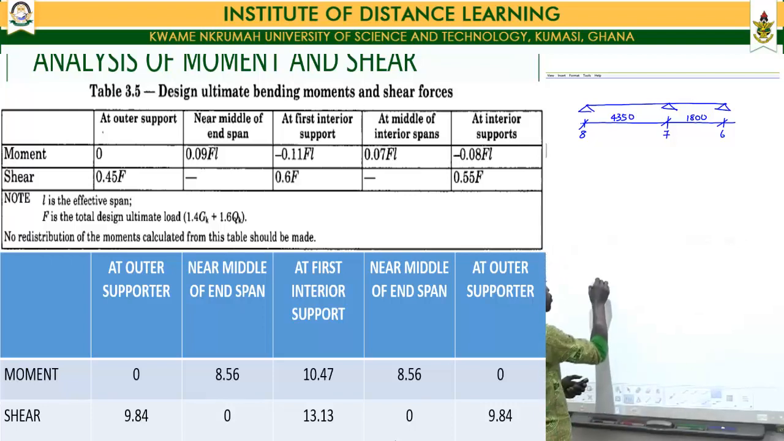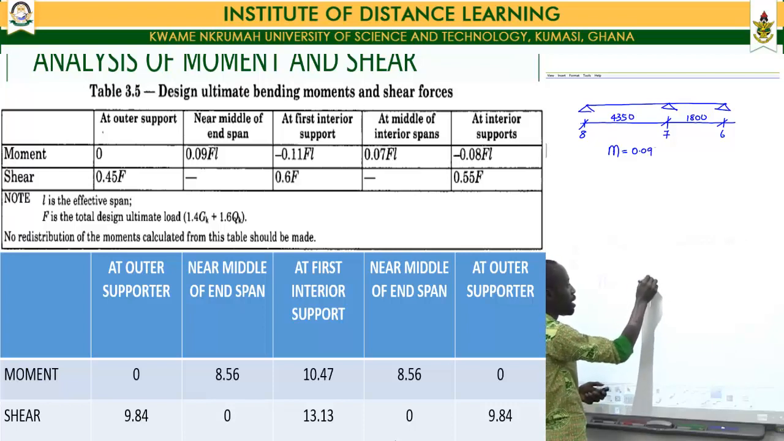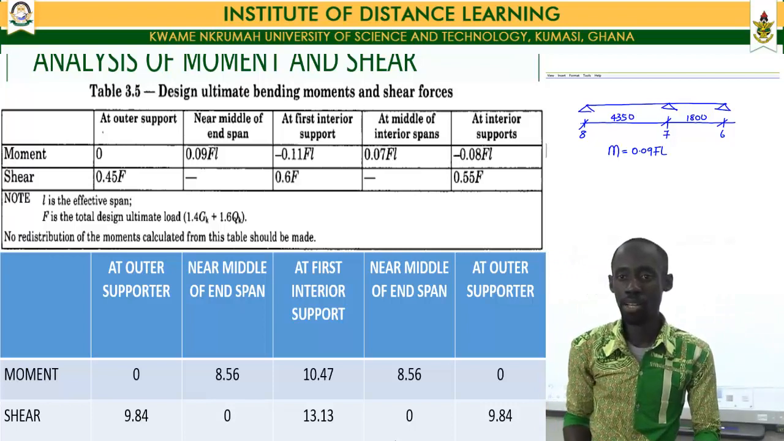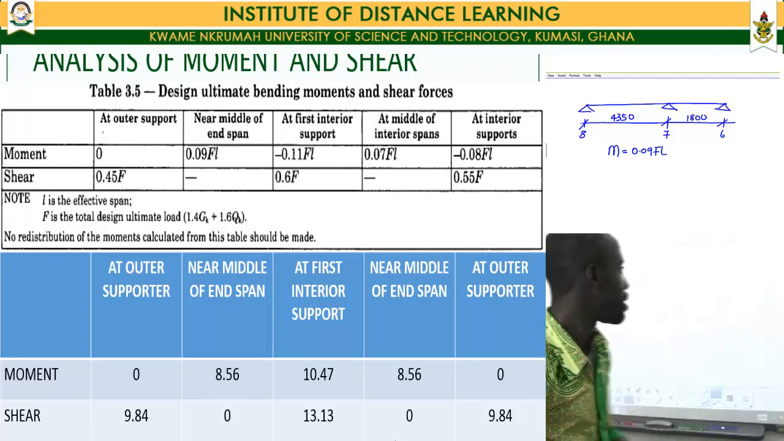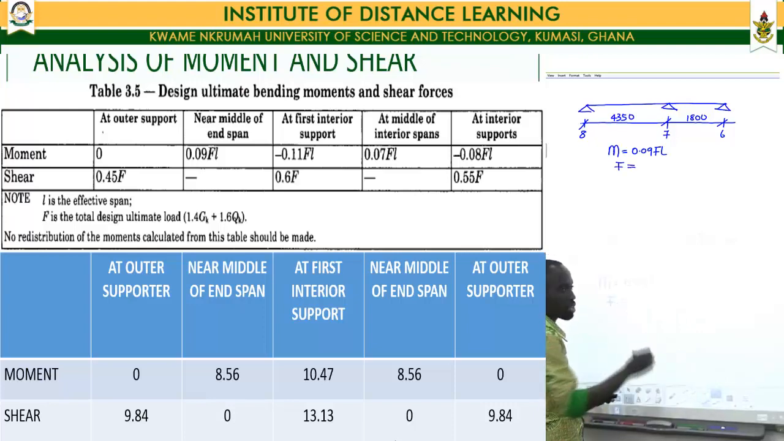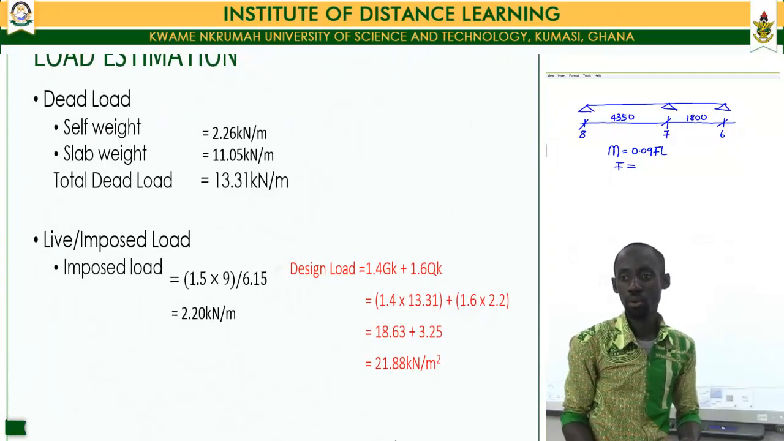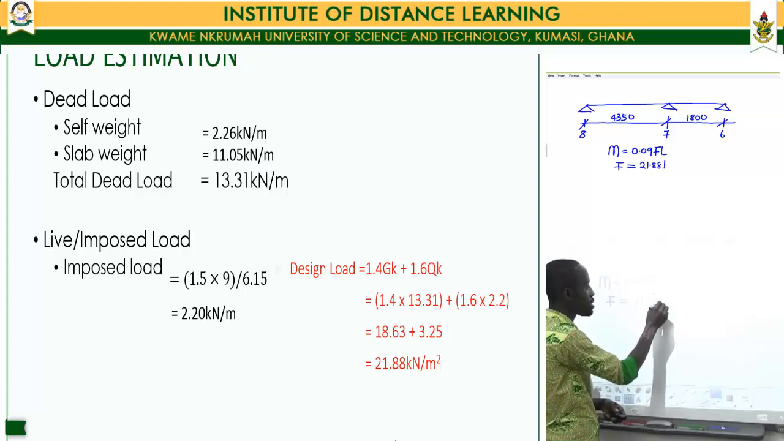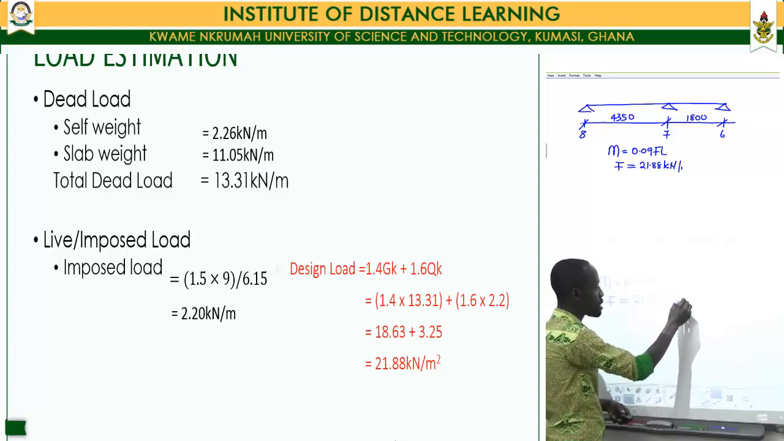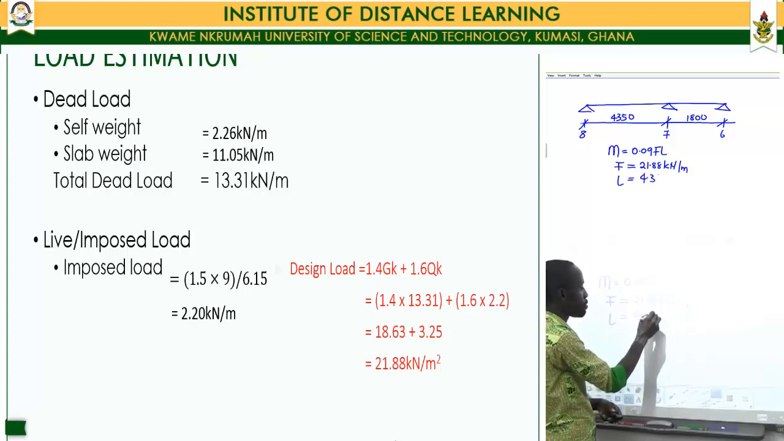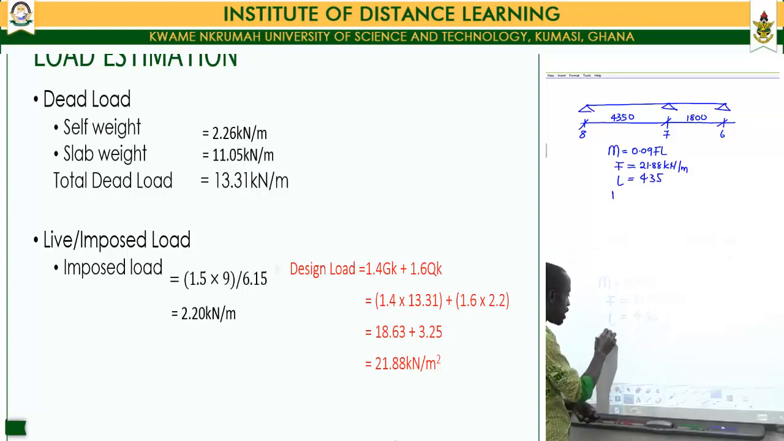Our moment value is equal to 0.09 FL, where F is our ultimate design load and L is our effective span. Now, our ultimate design load F, as we realized from the previous slide, was equal to 21.88 kilonewton per meter, and our effective span is equal to 4.35. So then our moment value becomes